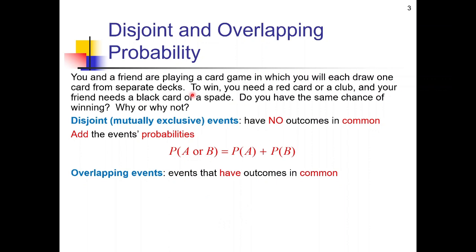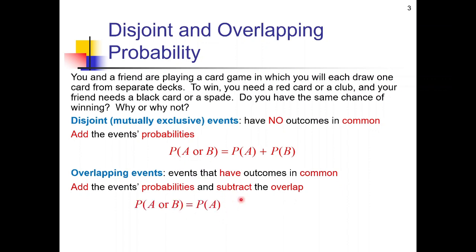In this situation, if I were to add the black cards and the spades together, I would be double counting the spades, both as spades and as black cards. So in a situation like this, we not only have to add the probabilities, but we also have to subtract the overlapping portion. So as a formula for overlapping events, we would say that P of A or B equals P of A plus P of B. We still have to add the probabilities of the two groups, but now we have to subtract